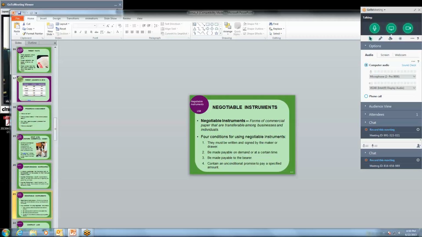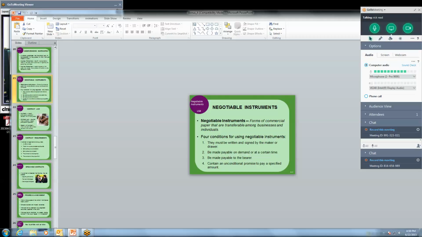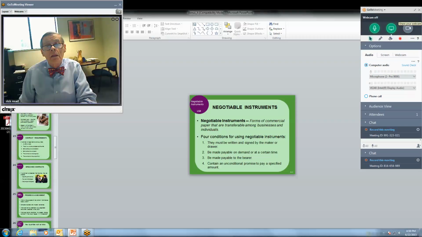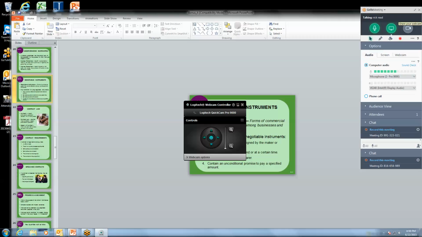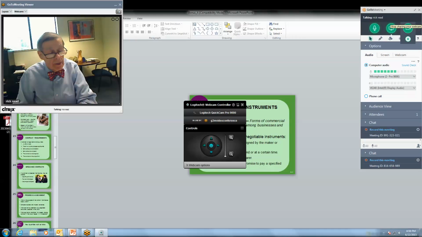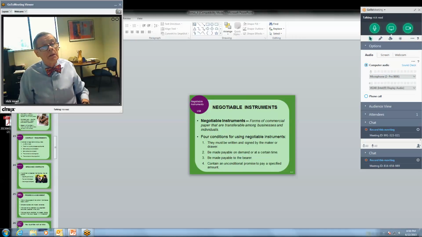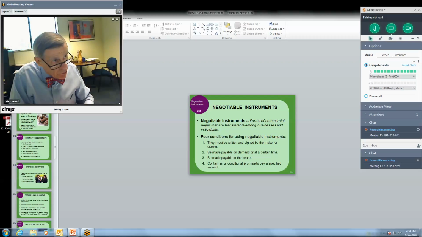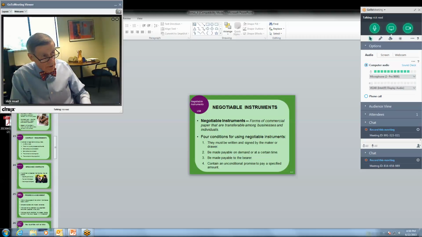Now we're going to get into an area called negotiable instruments. This means something that you hold that can be negotiated for cash, or something that you hold can be turned into cash. Maybe that's a better way of saying that. And notice here, this is commercial paper. This is covered by the Uniform Commercial Code, UCC. There are 4 conditions to make this piece of, I'm going to use the term piece of paper now. Doesn't have to be piece of paper, but normally it is something like that, that can make this particular thing that you hold negotiable.